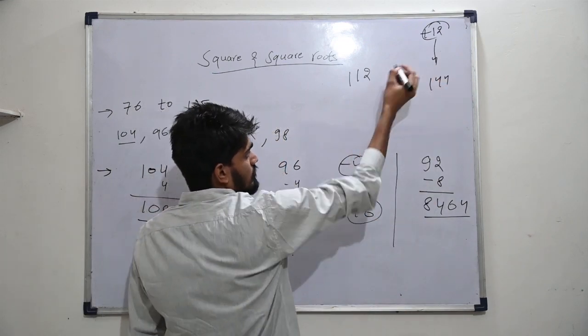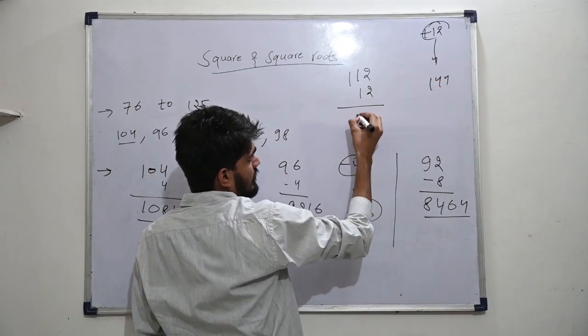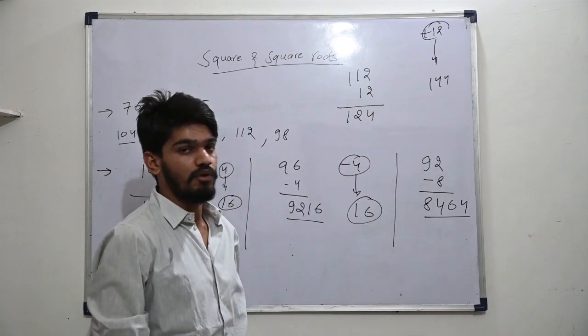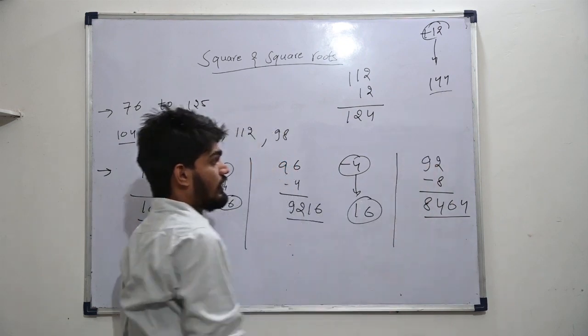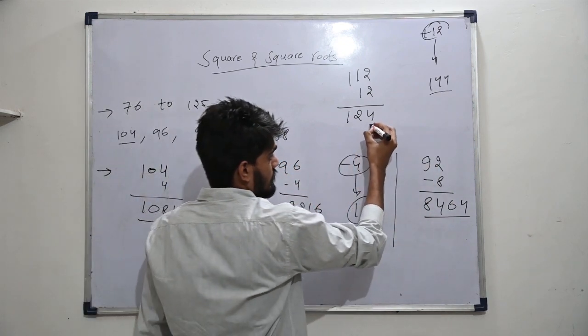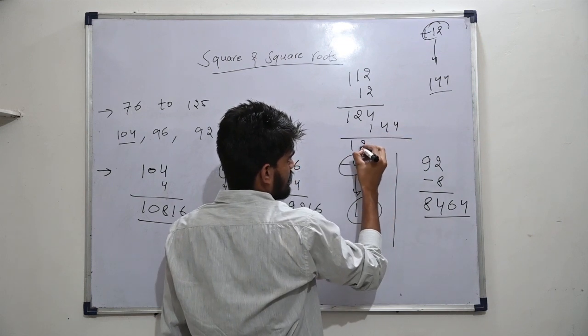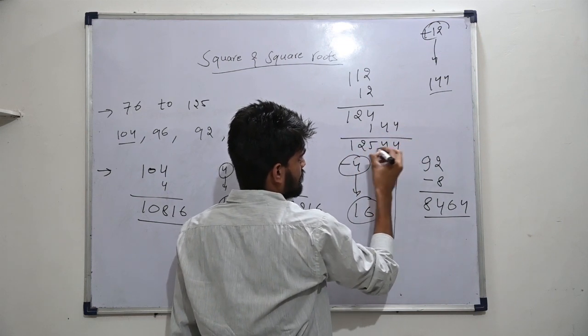Same first step: add the numbers, you get 124. Now just put this 144 after it. But now this is three digits, so we'll do the same thing as before. This one will go here and then 44. So it will be 12544.